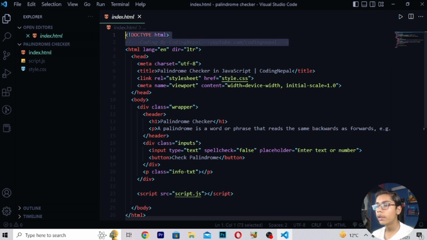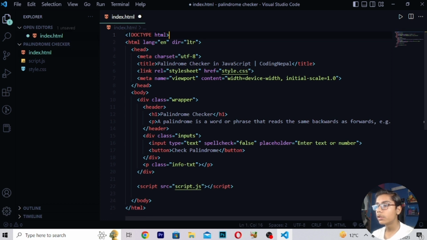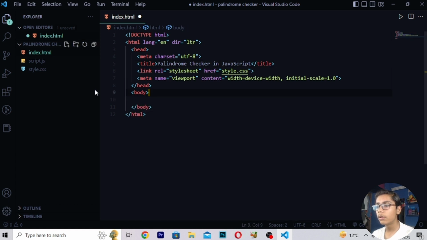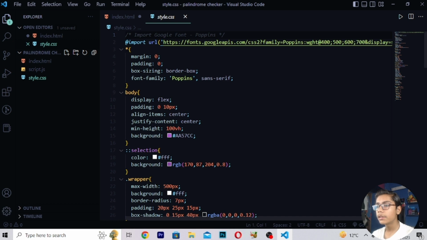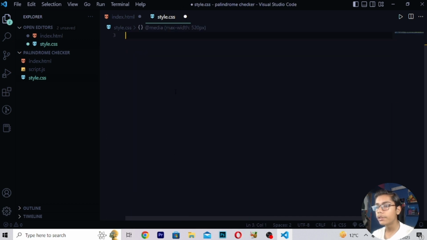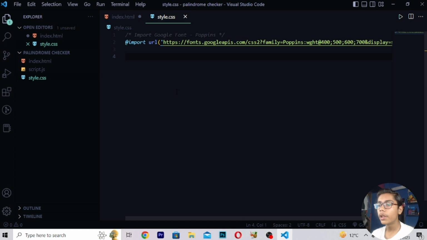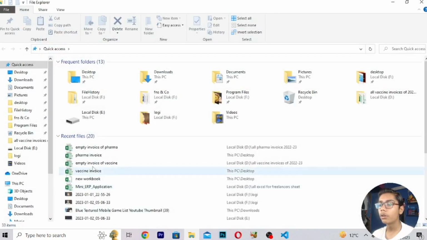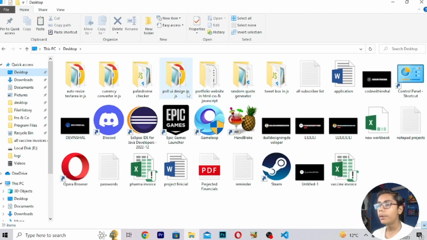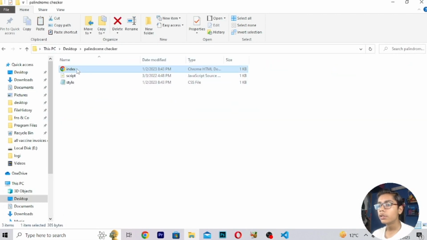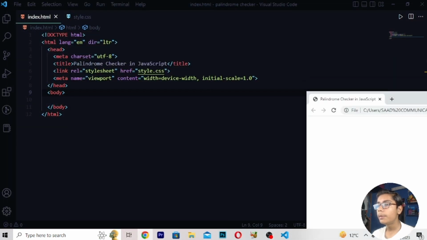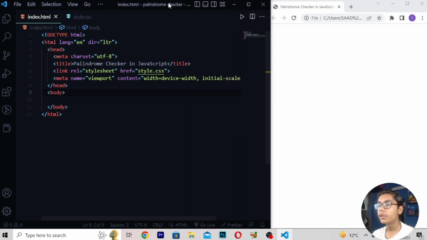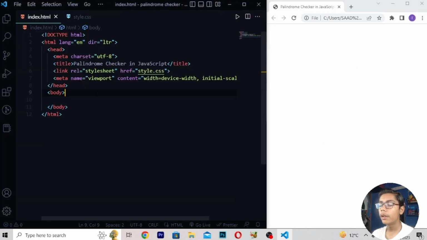So here I will be erasing all these main codes because we will not be needing them. I will be moving down and erasing all this stuff from here, and the same from here also. So you can see we are done with all these things. Then you have to move down, save all of this, then press Ctrl B to close the side panel. This is our palindrome checker which we are building here. Now I will be opening it in my default Google Chrome browser. You can see here I've opened it, and I will be doing it side by side, because you all know that I build every project side by side.